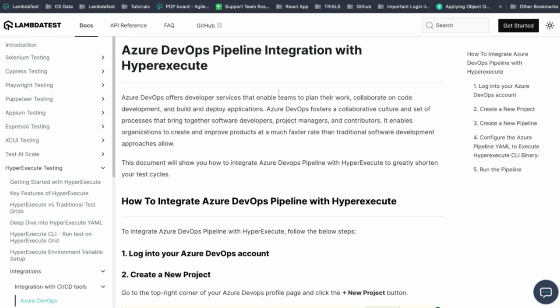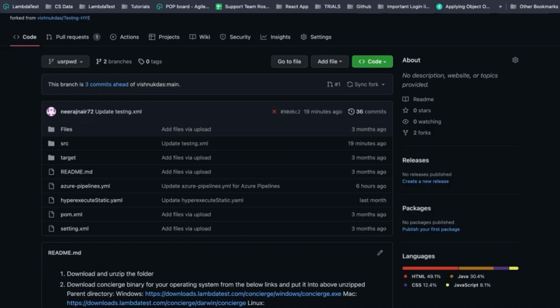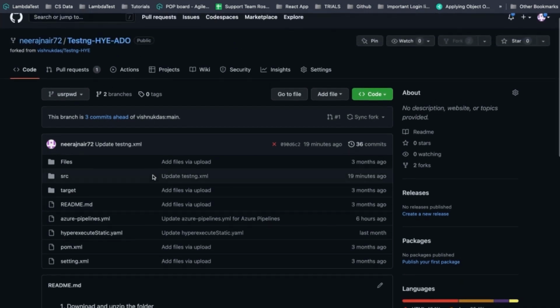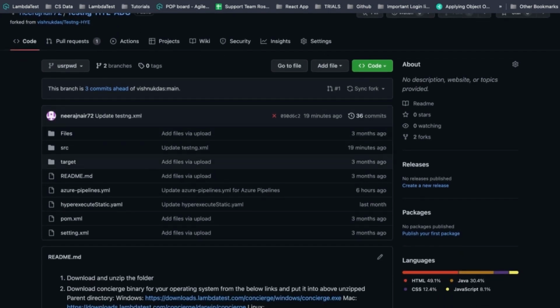Today, we'll talk about how we can integrate HyperExecute to run through an Azure DevOps pipeline. As you already know by now, both Azure DevOps and HyperExecute run using a YAML file. That is, both of them require a set of commands described in a YAML file to perform the commands on the described machine. As you can see here, I already have my repo uploaded into my GitHub account